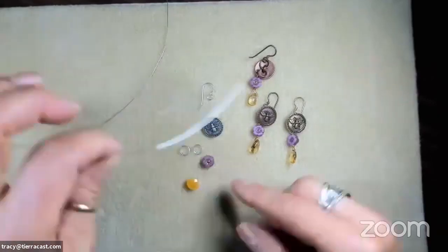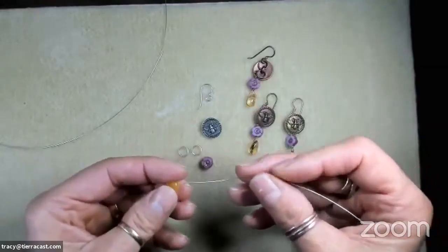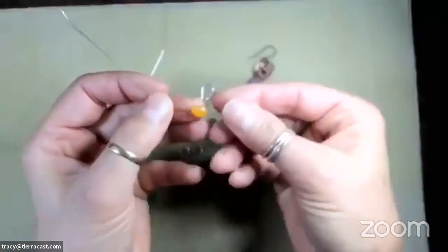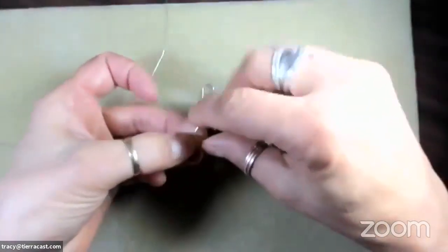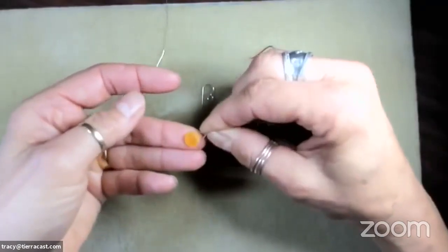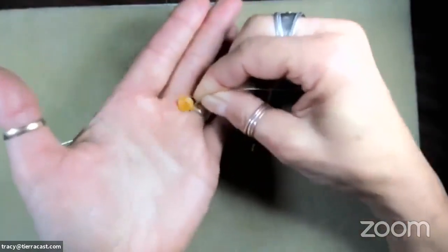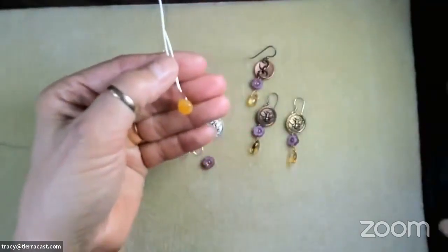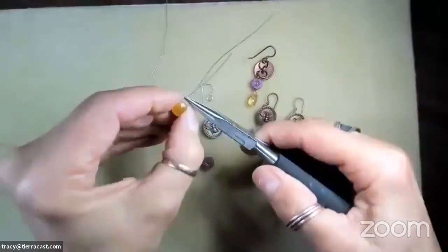So the first thing we're going to do, I've got some 24 gauge craft wire, and I'm going to just thread that through the little briolette gemstone. I want to leave myself about 1.5 inches to work with here maybe, and then I'm just going to fold the wires up so they meet up above the top of the dangle. And why isn't my camera focusing for you guys? All right, so I've got that wire arranged up at the top,